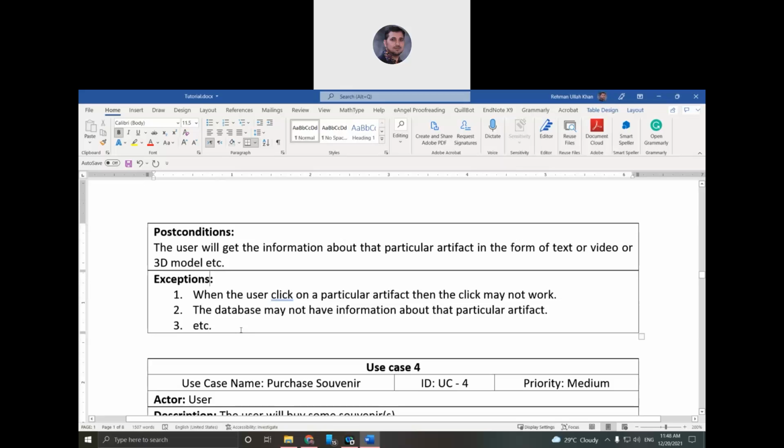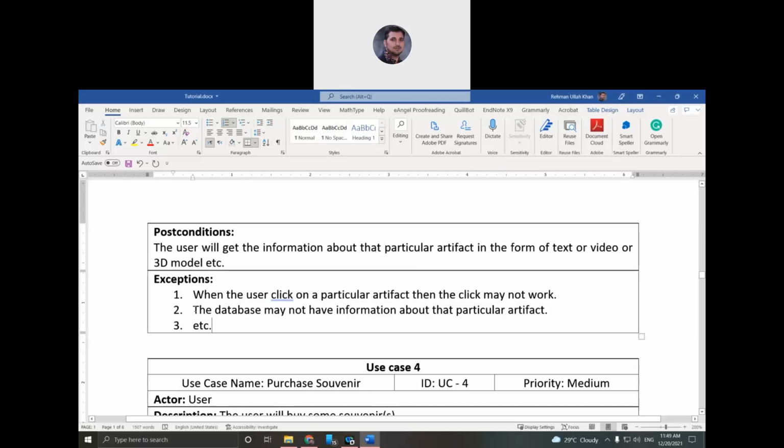Exception: what are the possible errors? It is possible that when the user clicks a particular artifact, the click may not work. It may be due to a broken link, maybe the code the developer forgot. Whatever, it is a common error that you click something and it is not working.